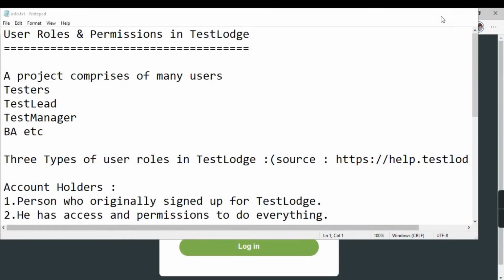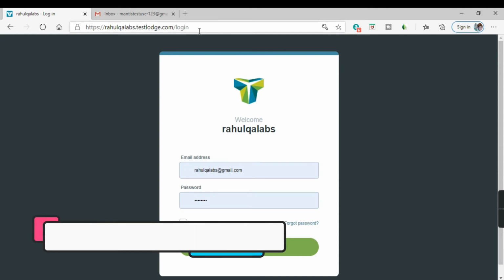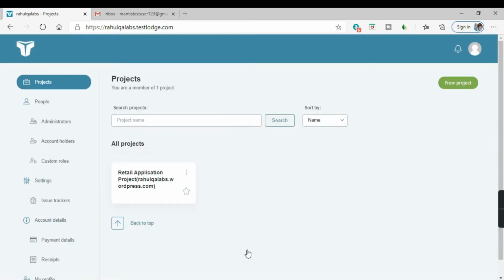So let us log into the application. This is our application, TestLodge. Let's log in to it. Okay, so this is the dashboard. On the left hand side, you can see various options here: project, people, settings, account details. For adding the users, you have to go to the people tab.